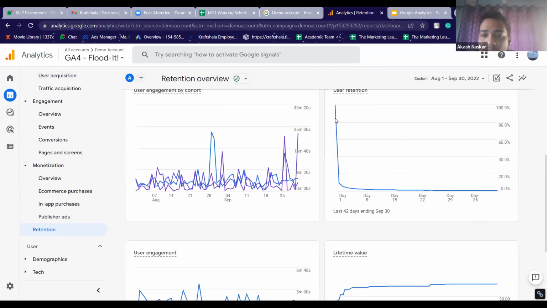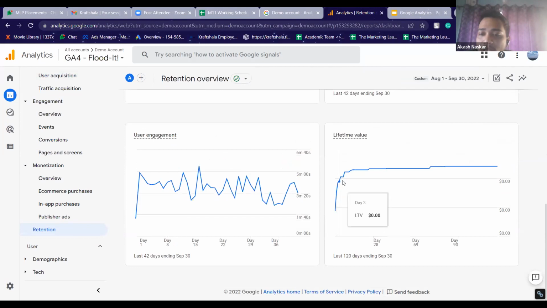You see on the first day there are 100% users, but on the second day only 9.3% of the users are coming back. On the third day it is 5.5, then on the fourth day it is 4, and slowly it is dropping, right? If there are 100 users on day 1, then on day 2 only 9.3% of those 100 users are actually returning. And this is how the numbers slow down as we move across.